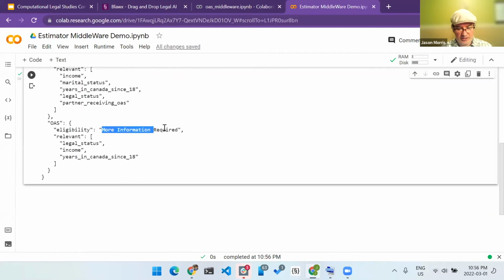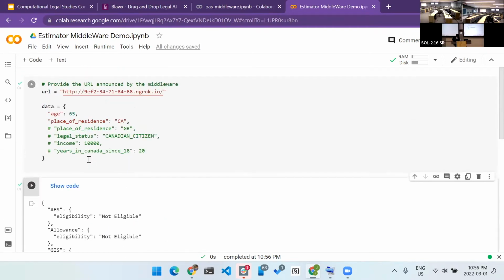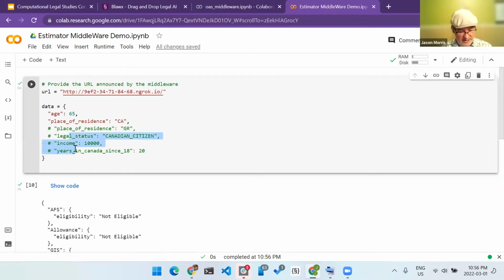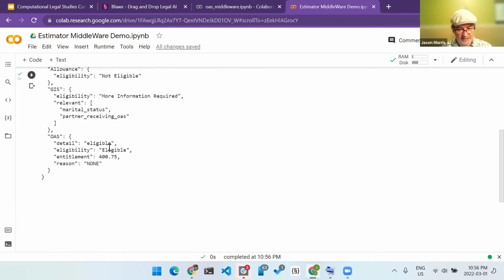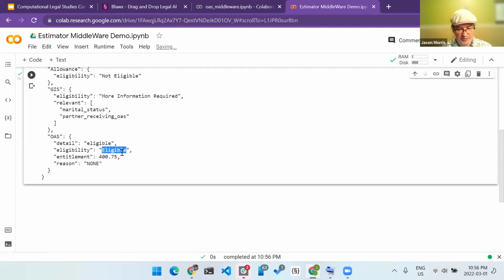It's still more information required, but because the person lives in Canada, the question of whether there's an agreement with another country is no longer relevant. So that's been removed from the list. Then if we quickly add in the rest of the relevant pieces and run the code, it says now that the person is eligible, and because they're eligible, it can calculate an amount.